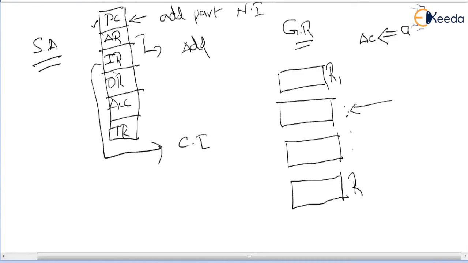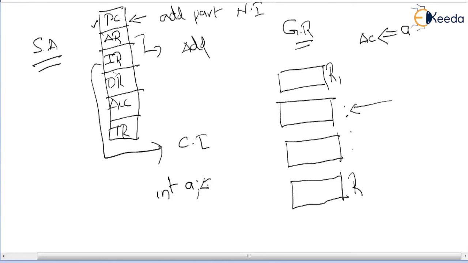In the general register organization, whenever you declare a variable A, such as int A, the processor is going to identify one of the free registers from the available general purpose registers, and the declared variable will be transferred to that specific register. A processor's free register will be assigned to the variable.